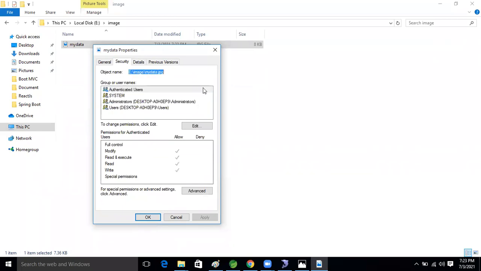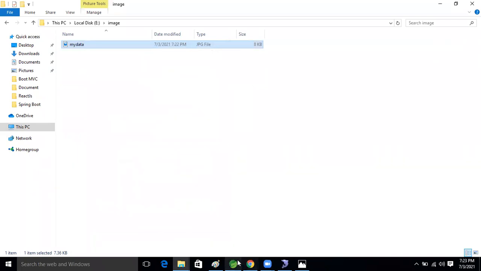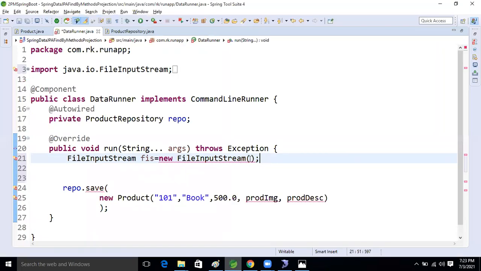Okay, copy this path. Come to our application. Paste here. Good.